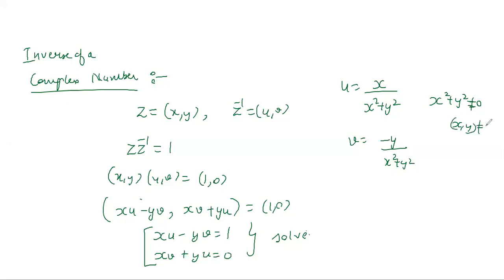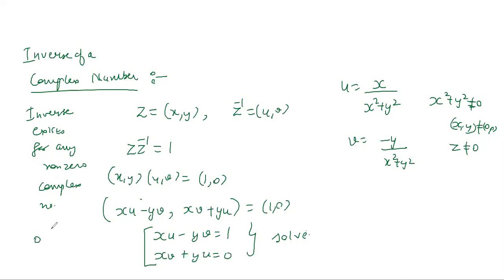xy means the point, as a point the complex number has to be a non-zero complex number. So z has to be non-zero because z is going to be 0 if and only if x and y are going to be 0. A zero complex number means both its real and imaginary parts are 0. So z should be non-zero. So you can say the inverse exists only for non-zero numbers. So it's something similar to the real numbers, for any non-zero complex number.